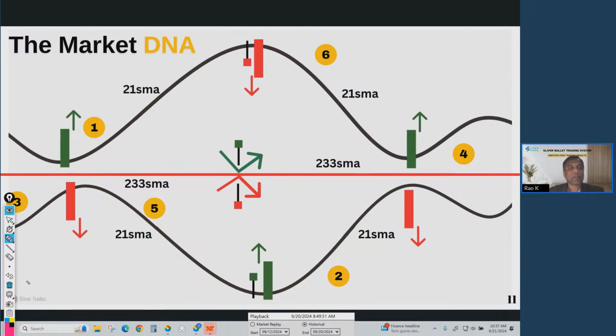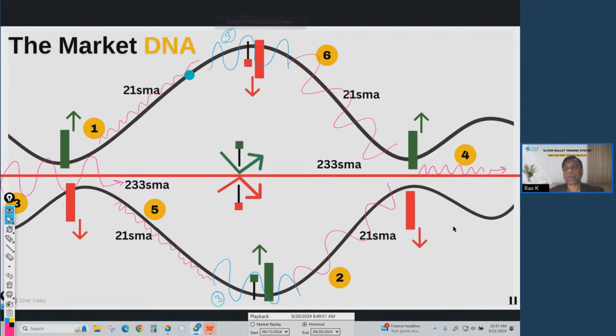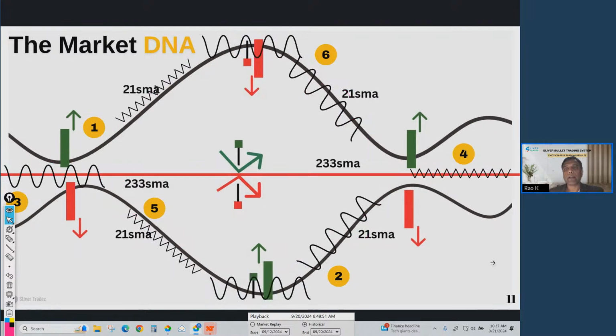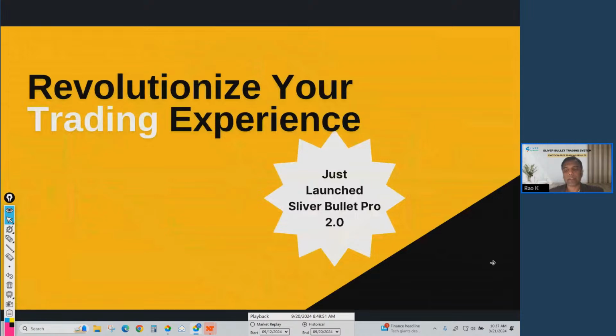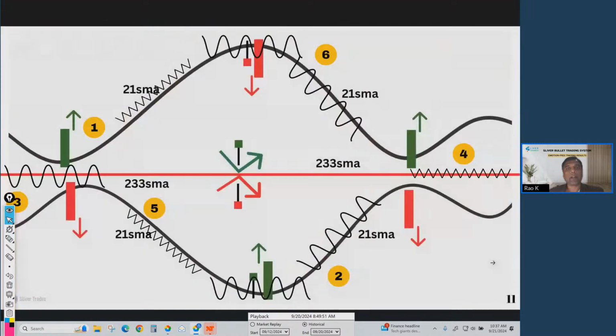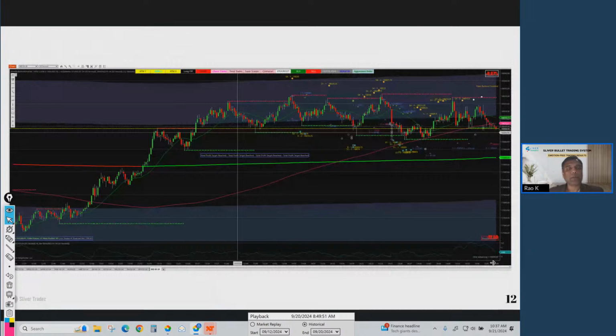So from here on, if you have been trading, just keeping these things in mind should improve your trading results. To show it with a neat diagram, this is how it looks. You can take a snapshot, a picture, and keep it handy when you trade next. And then this is another neater picture, same stuff. And here I'm showing a real chart as an example for what I just explained.